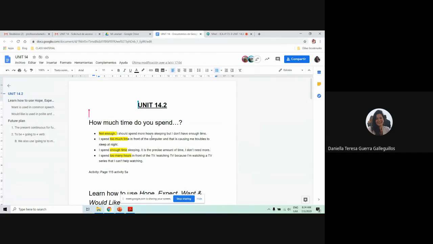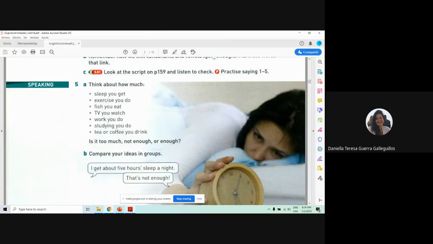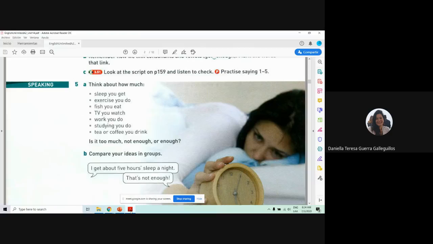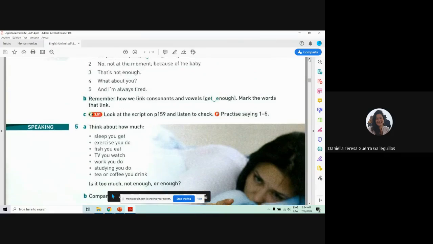Okay, so this document is super useful because I want you to look at it, but also interact with it. We are going to be taking a look at some sentences, and I want you to be able to edit and write some ideas as well. We are going to combine it with the book page. As you can see, it says Unit 14, lesson number 2. The first part says, how much time do you spend? How much time do you spend responds to the question that we have in the book about how we use the word spend. Have you ever heard the word spend before?